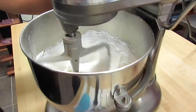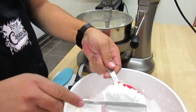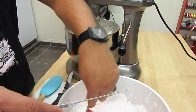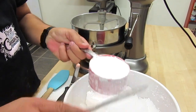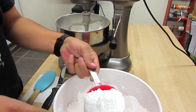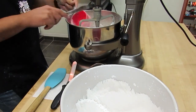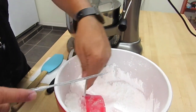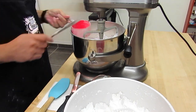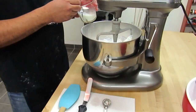Okay, we're ready now. 4 more cups of sugar. That's 3. That was sloppy. See if we can do better on this one. And that's 4. I'm gonna add 5 more